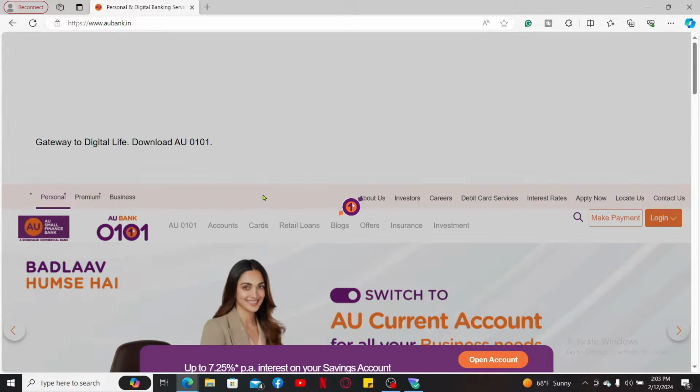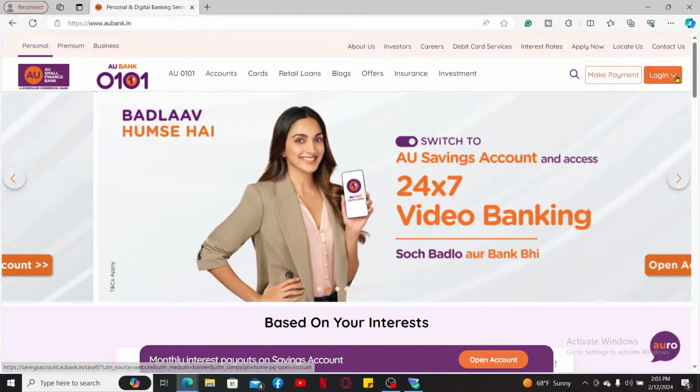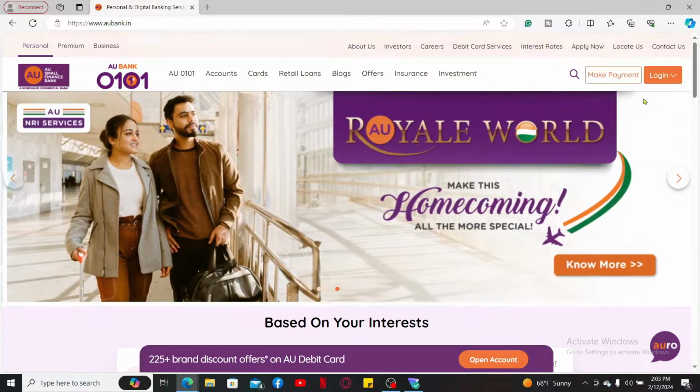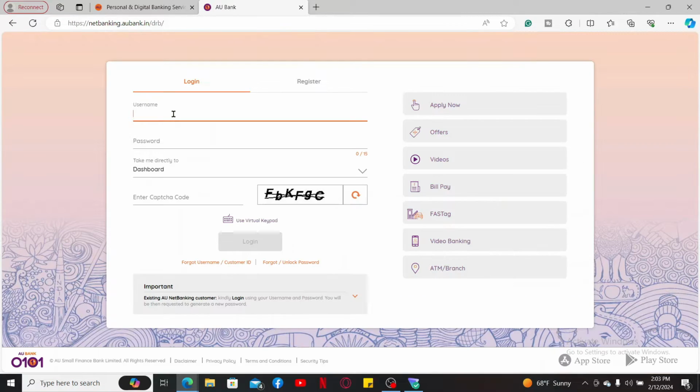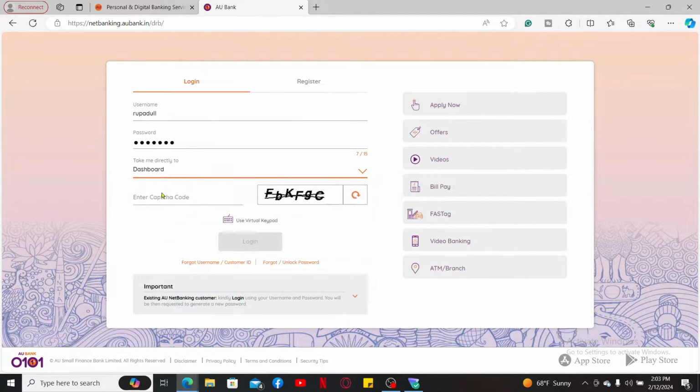Soon after you end up in the official website of AU Bank, go ahead and click on the login button at the top right hand corner. Select the net banking option from the menu and then go ahead and enter your username and your password for your online banking account for AU Bank. You can then choose where you would like to end up directly after logging in and then enter the CAPTCHA displayed right beneath. Finally, click on the login button and you will be logged into your online banking account, from